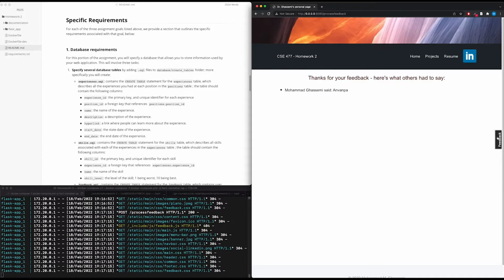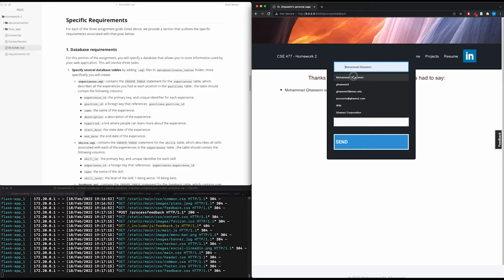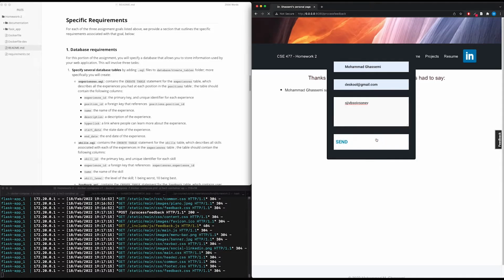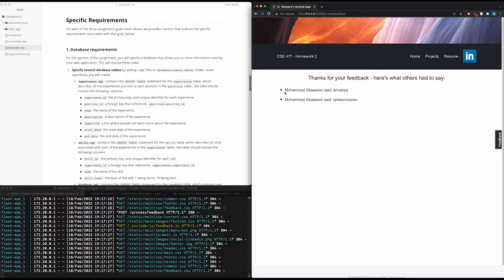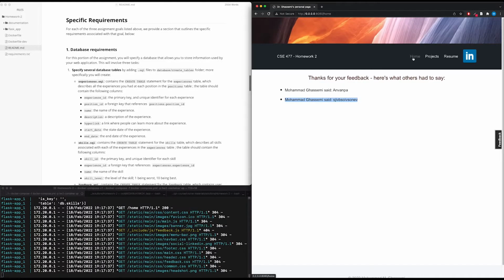And maybe I come here and I'm really zealous and I put some feedback again, and I put some other stuff like this. I click send, and oh, there it is. Look, it showed up. Both of the points of feedback showed up in this form. That's pretty neat, right? Okay, and now note that if I navigate away from this page, I go to home,